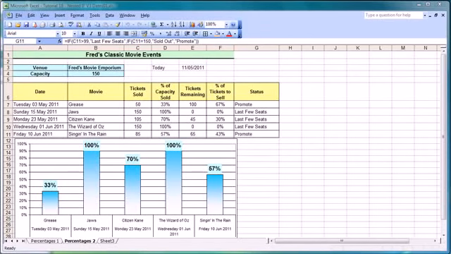Hello and welcome to this latest video in this series for Microsoft Excel users. In this tutorial we're going to start looking at calculating with dates, and the first thing I want to show